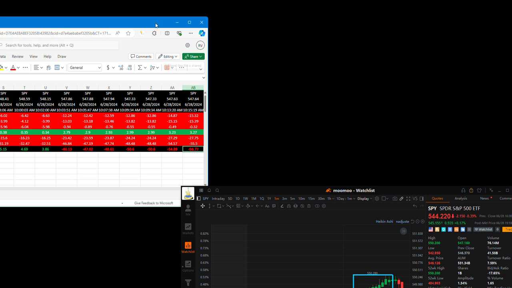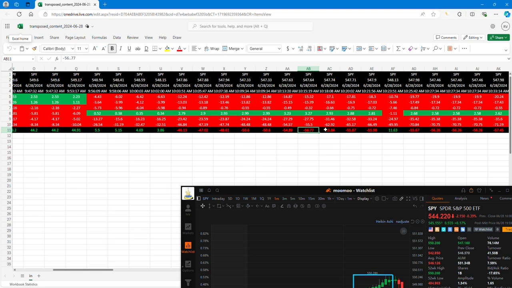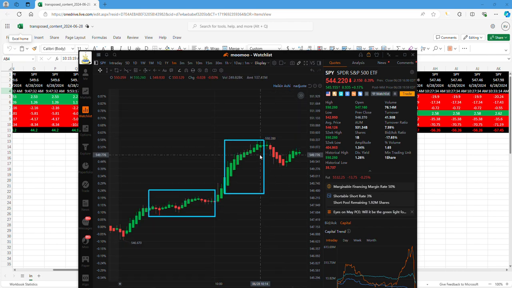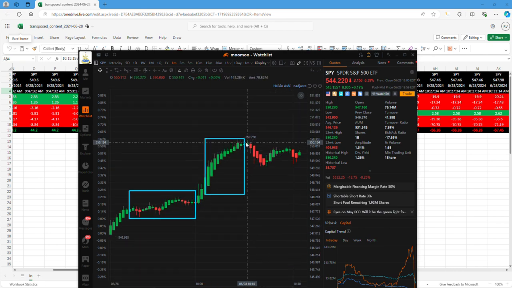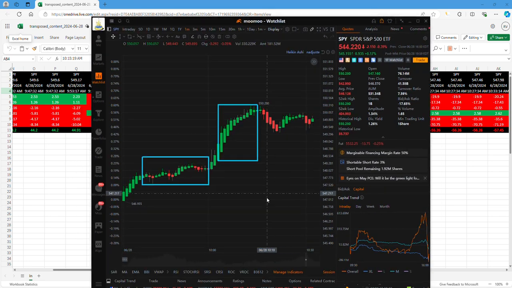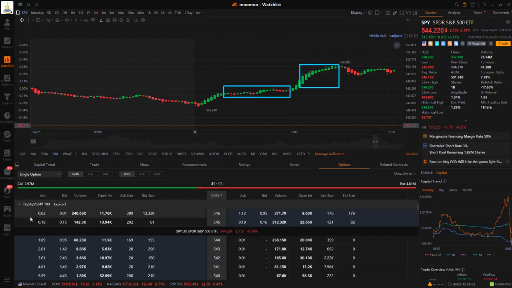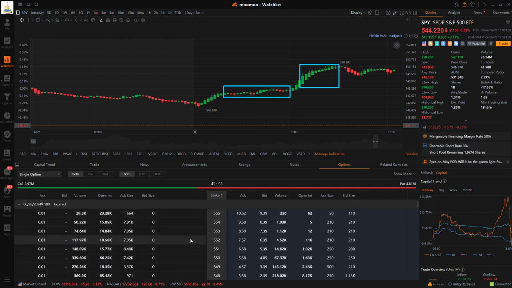What does it look like? It told you at 10:15, right here. It said at 10:15 you should have bought puts, right? You should have bought puts at 10:15. Boom. And if you bought puts, let's see what that looks like. Moomoo still has the data from